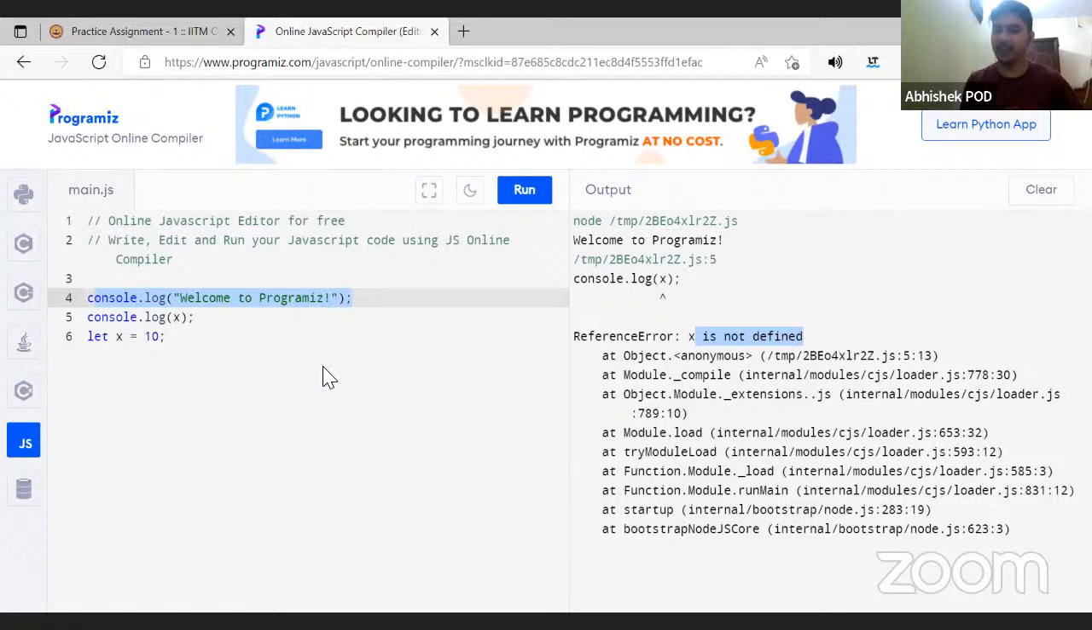Let me just repeat my statement once again. It is basically the portion between the memory allocation of the JavaScript program and the point where code execution reaches the declaration of that particular value. That means if I would have done something like